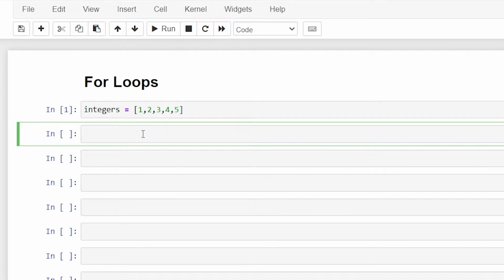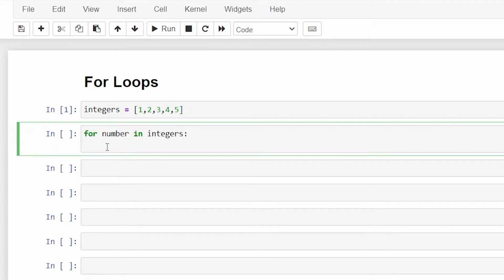To start our for loop, we're going to say for, and then we're going to give it a temporary variable for this for loop. So as it iterates through these numbers, it's going to assign the variable to that number. For this one, we're just going to say number, because it's pretty appropriate since these are all numbers. And then we're going to say in integers. Now, right here, you can put just about anything. This could be the list, this could be a tuple, this could be a string even. But that is what we're going to iterate through. So we're saying for each of these numbers within this list of integers,